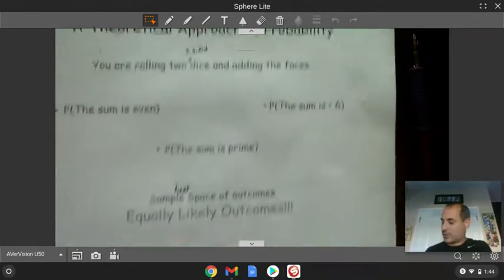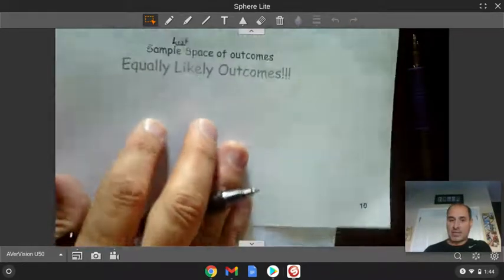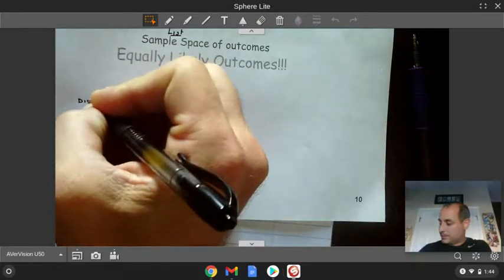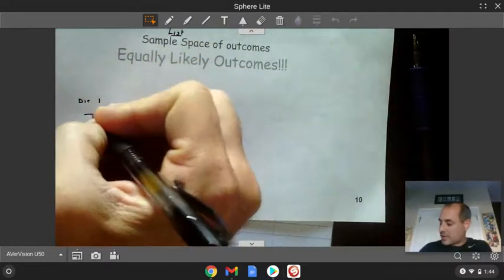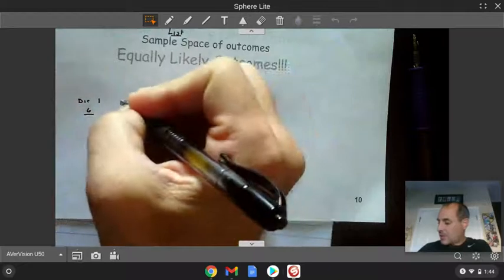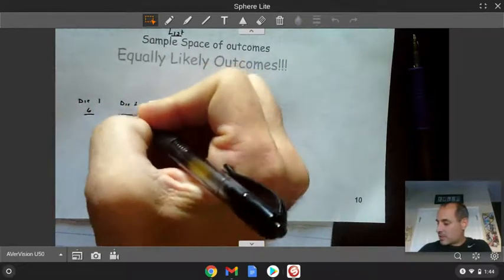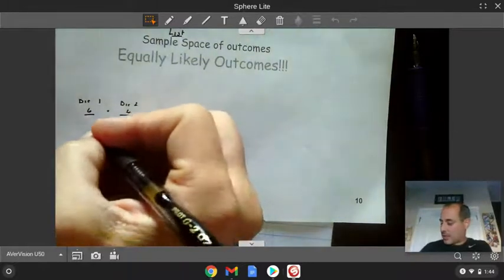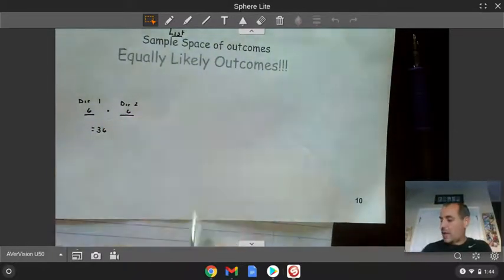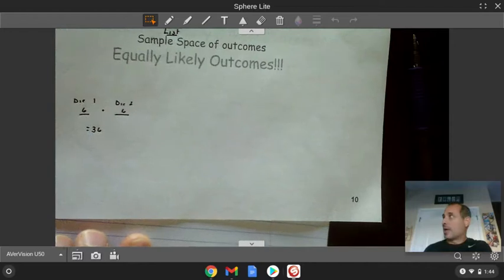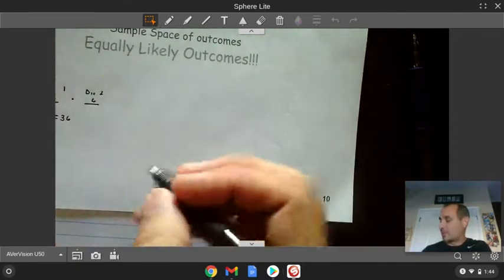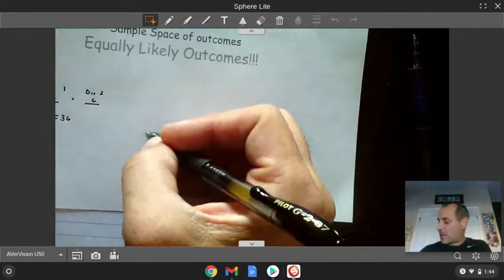So for example, I have two six-sided dice, okay? So I have die one, which can be any of six different things. I have die two, which can be any of six different things. So because they're happening together, I have 36 different outcomes. Okay. And there are lots of ways to come up with these 36 different outcomes, but I'm going to just list them this way. So I have die